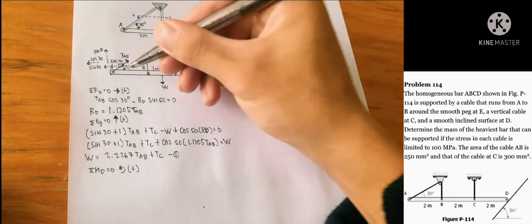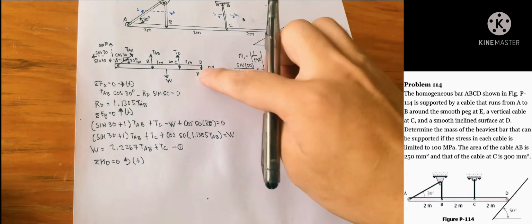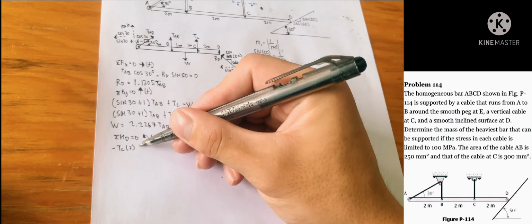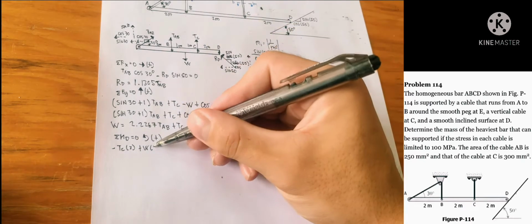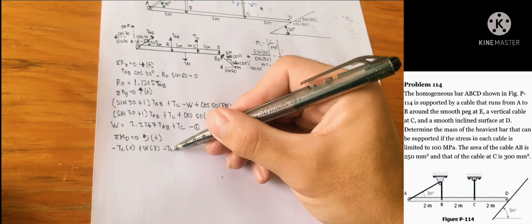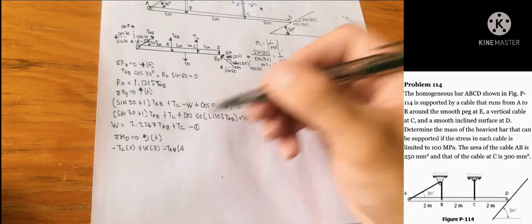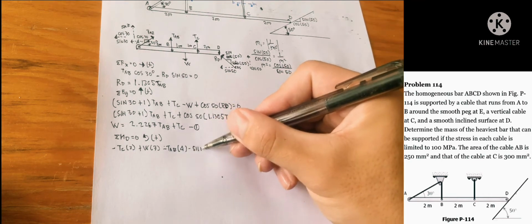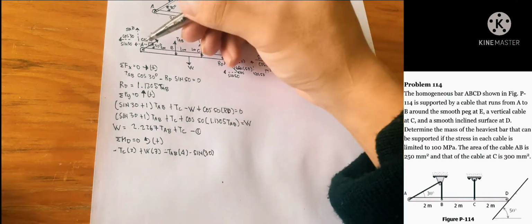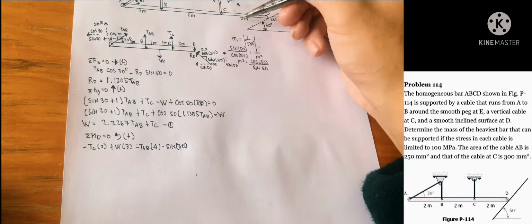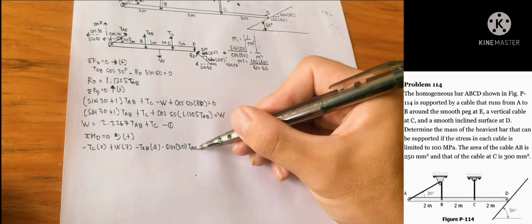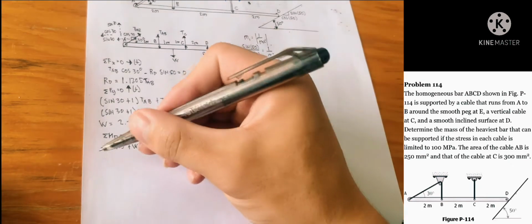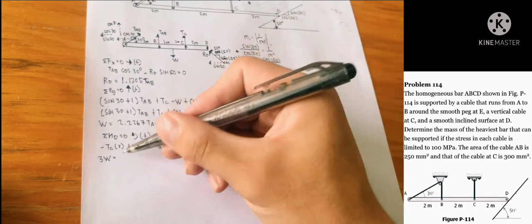summations. We summed them at X and at Y, so we can cancel out the reaction at T. Then we can take a moment at T. We already know the weight with respect to TAB, TC, and W. So bring out W, we would have